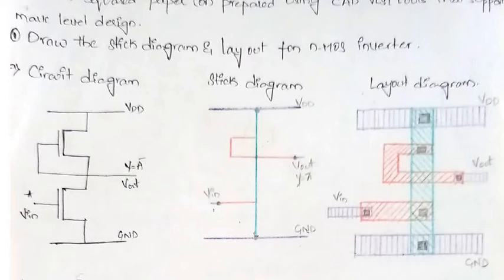Now next go to your polysilicon layer, that is given as red, and they are in the right slanting line. These are left slanting lines and these are right slanting lines. Same like this you have to give here a layout. Same for the input, the input voltage, one more polysilicon layer is there. Same in the layout diagram also, you have to give the one polysilicon layer.